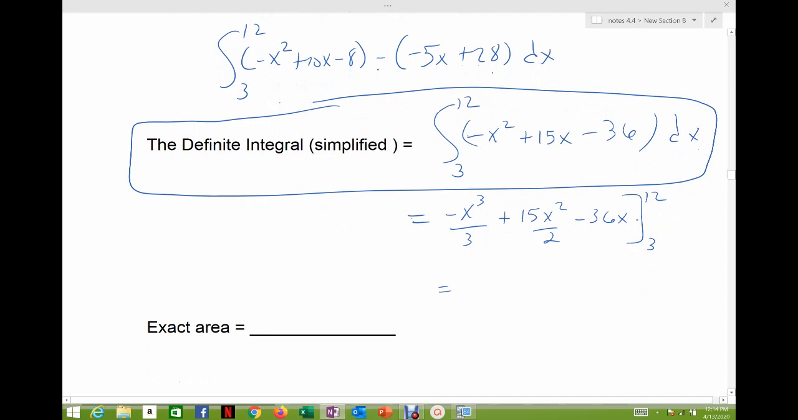And so again, I'm going to plug 12 in and subtract away plugging 3 in, and you show those values when we're solving it by hand. Alright, so again, I'm plugging 12